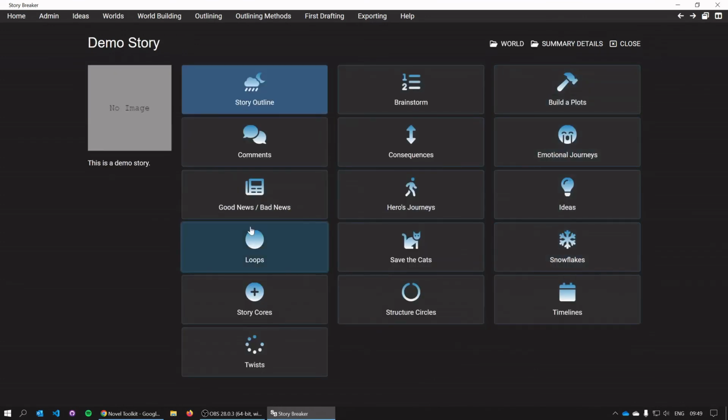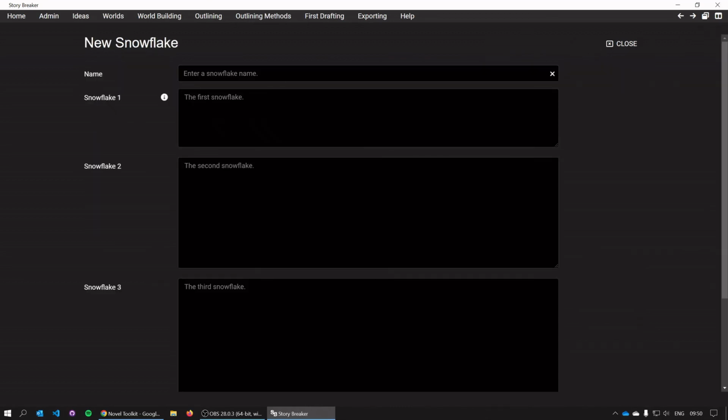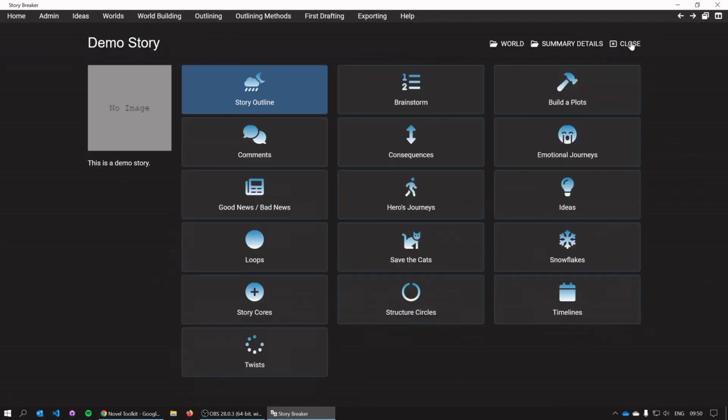We can do lots of other ways to outline stories. The one I tend to use when I start out is a snowflake. So a snowflake is where you start with a simple sentence. Snowflake. So demo character has to save the world. And then you take that sentence and expand it into a paragraph, and so on, until you have expanded and start to get an idea of how your story works. If we go back again,